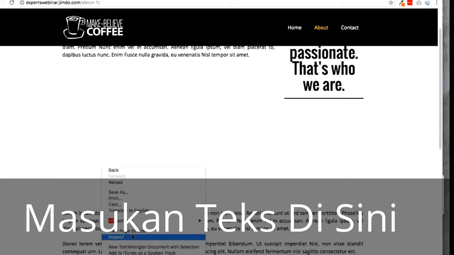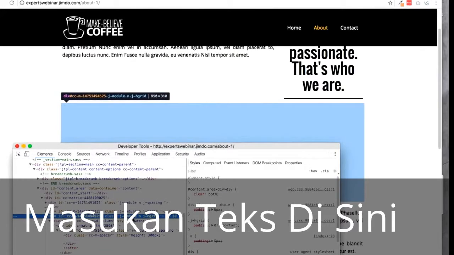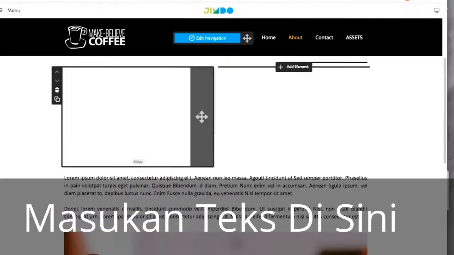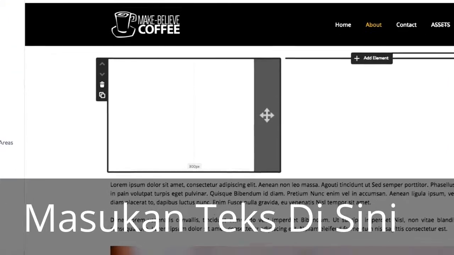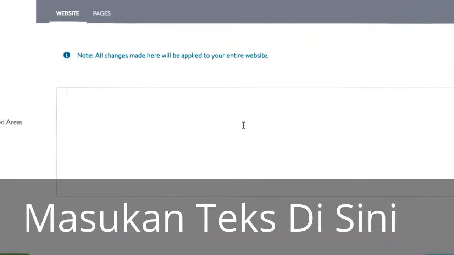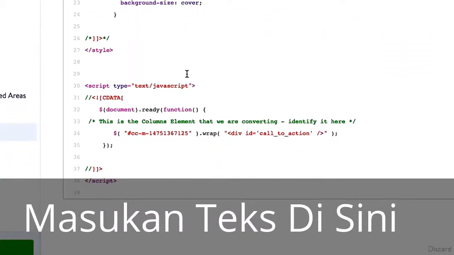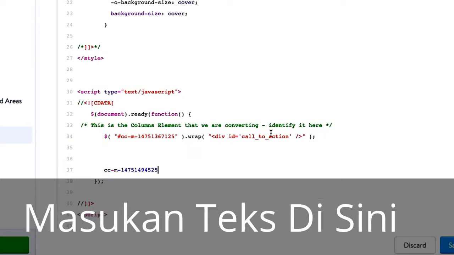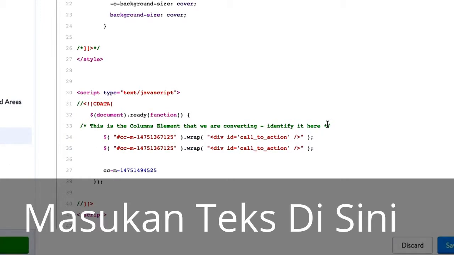I'm going to inspect to find the ID for this one. I see it's on HGrid. It looks like the right one, so I'm going to copy this. Go into my menu, to my settings. And now we just kind of duplicate the same process we did. So the first thing we need to do is paste this so I don't lose it. Then I'm going to just copy this line and make a second one. So this first one,